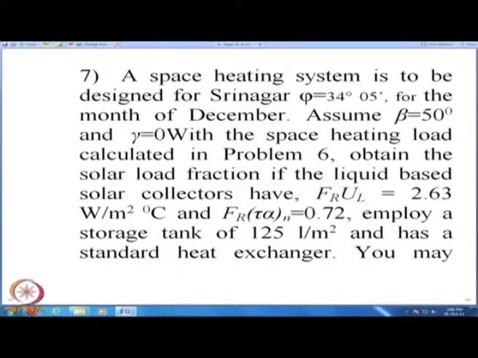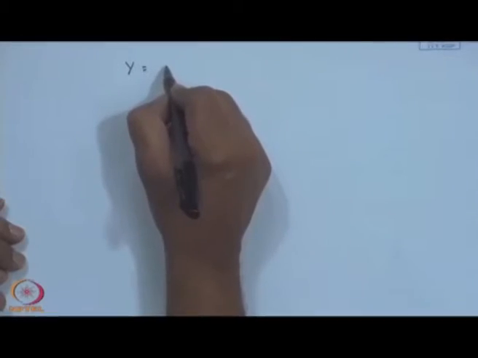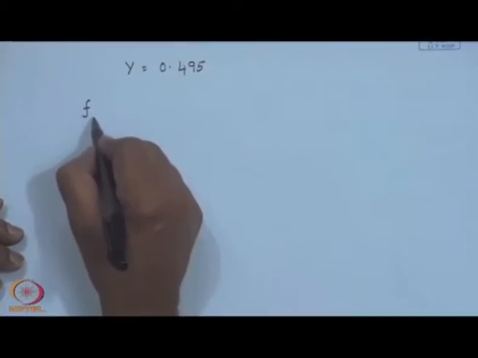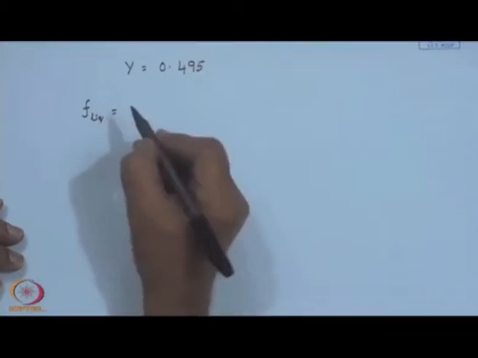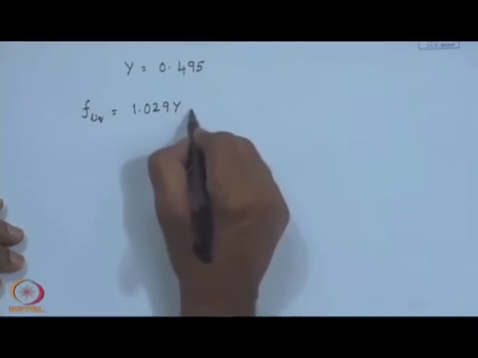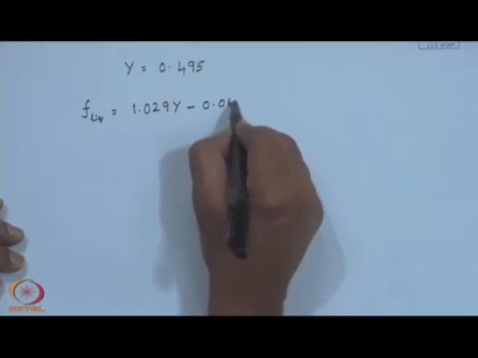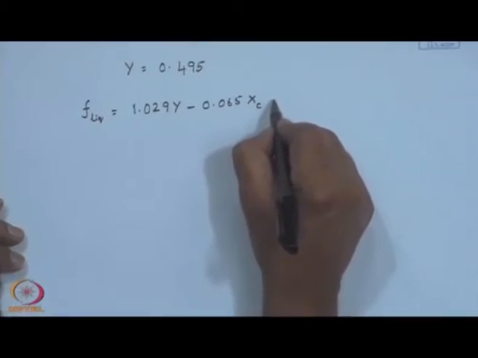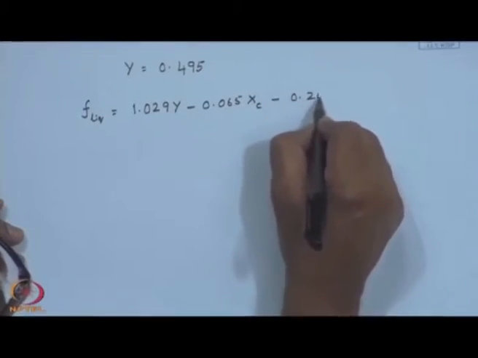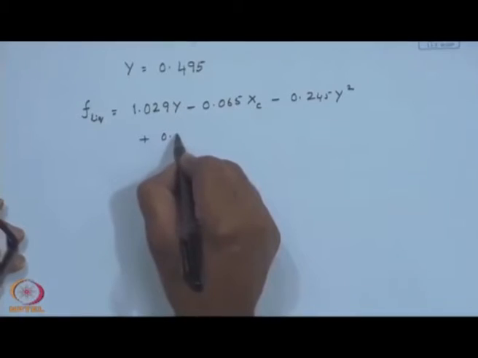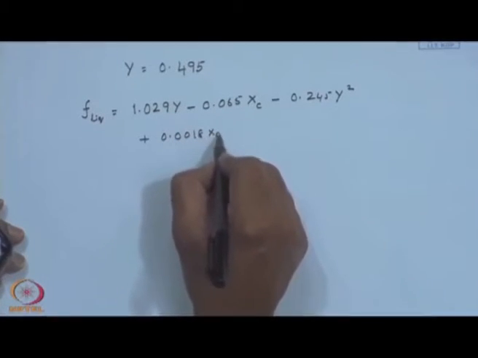Which gives your y as 0.495. So, I use the correlation for the liquid based F chart: 1.029 y minus 0.065 x. Now, directly write the x c because I have already corrected, minus 0.245 y squared plus 0.0018 x c square